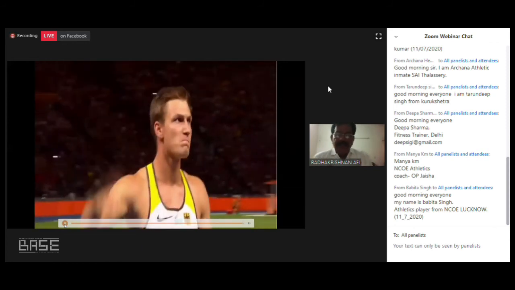You can see his right leg action, how fast he is in the power position. He is transferring the force to the hip, through hip, shoulder, and wrist. And can you see that he's not looking big with mass. He's looking like a hurdler otherwise. Let us go to another one.